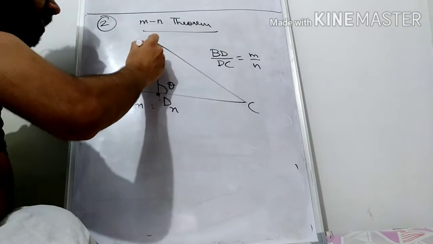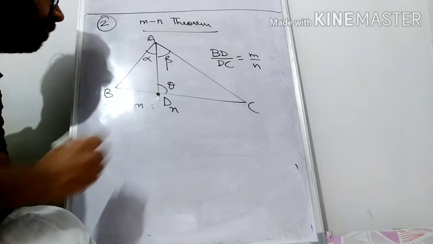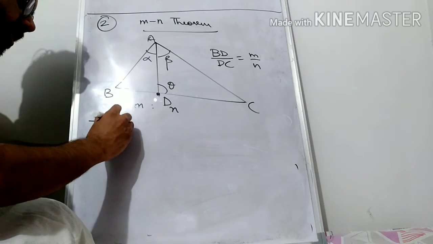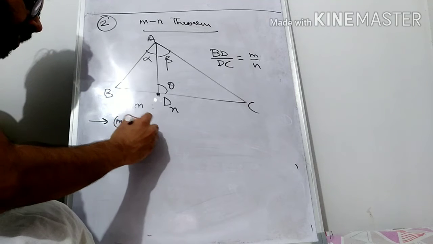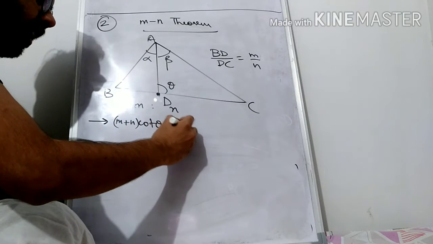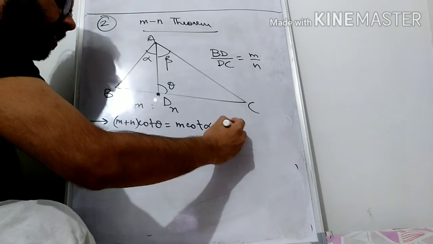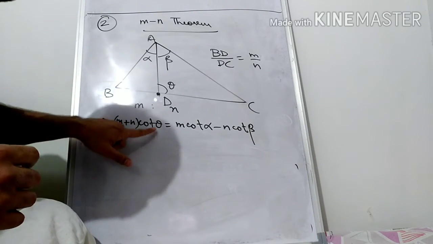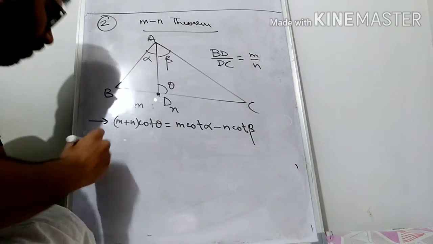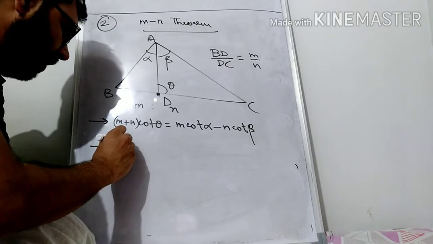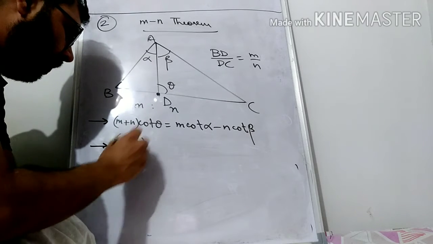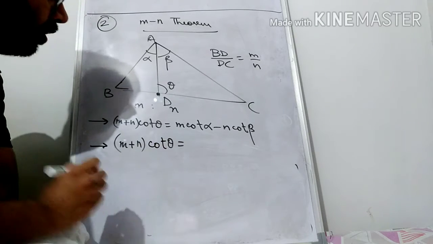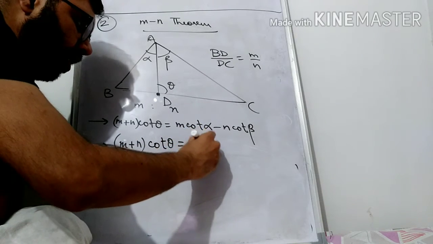This angle we know is theta, this angle is alpha, and this angle is beta. Then from this given information we can conclude two results. (m plus n) cot theta is equal to m cot alpha minus n cot beta. Okay, (m plus n) cot theta is equal to m cot alpha minus n cot beta, and the second result is (m plus n) cot theta is equal to n cot